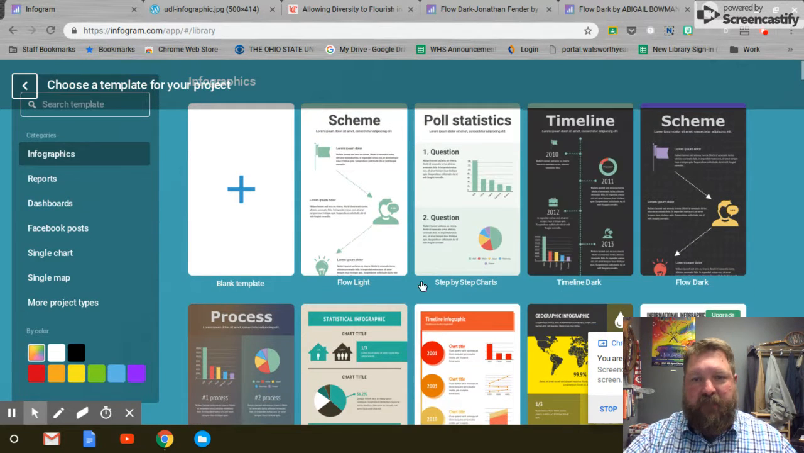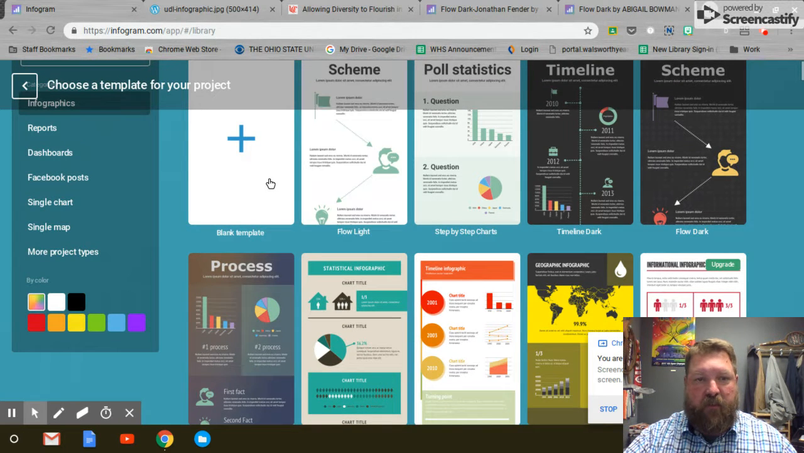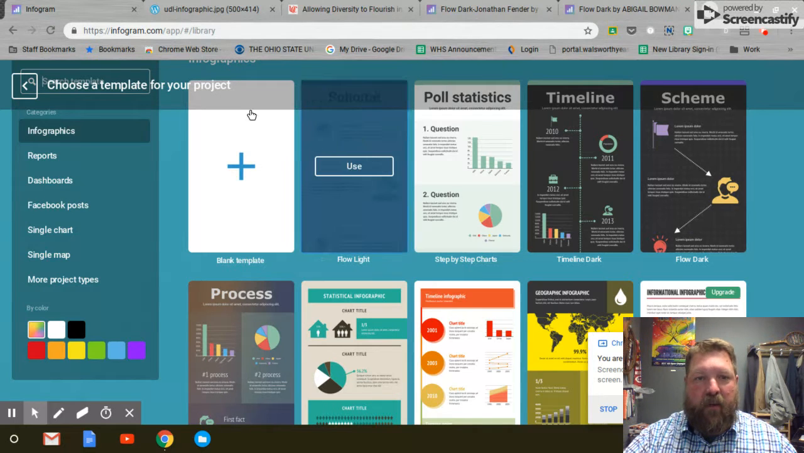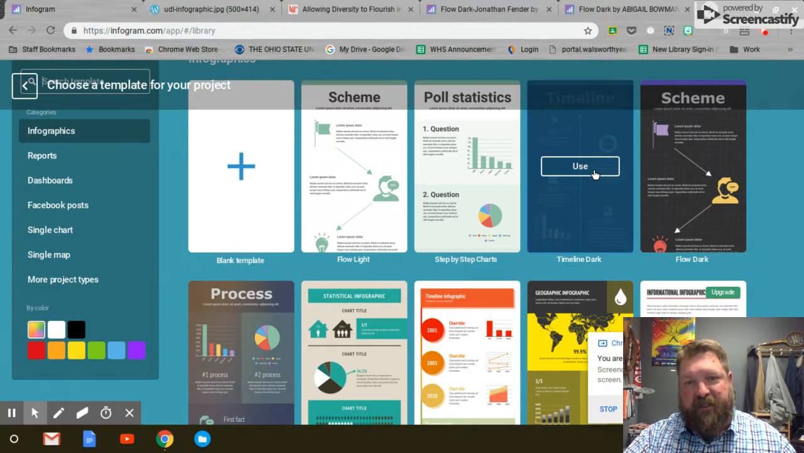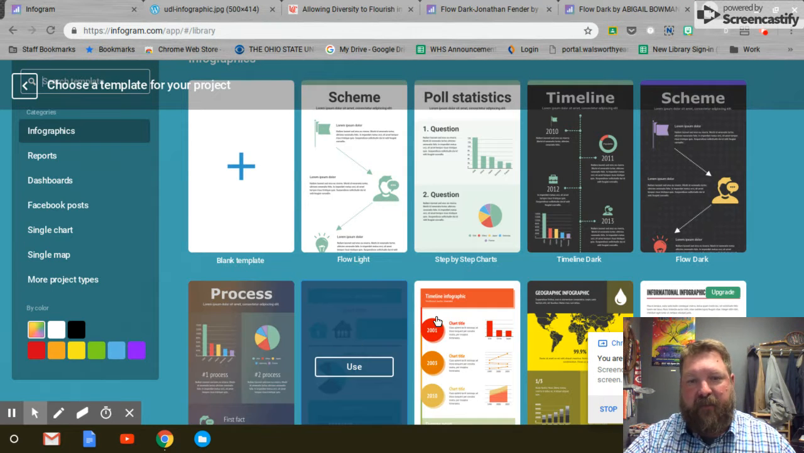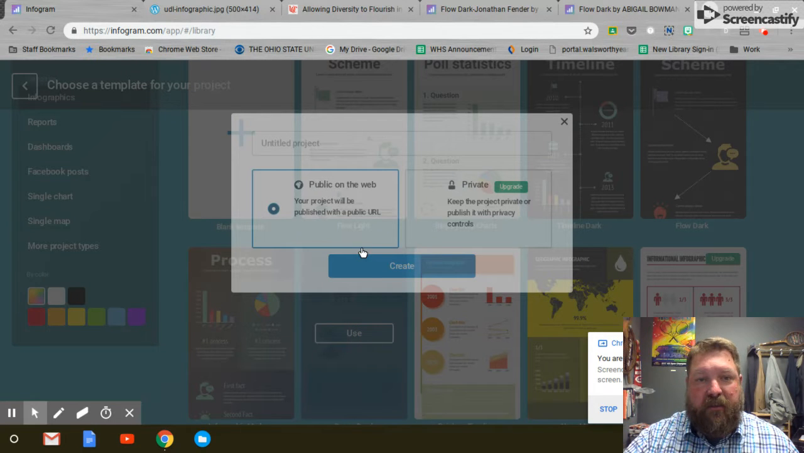The top ones are free. The bottom ones require subscription. But there's plenty of choices, or they can start from scratch. They may want to do that or use one of the simpler ones to get started. If you use some of the timelines or the other ones, they'll have to delete a lot of other information before they go forward. But once they select the